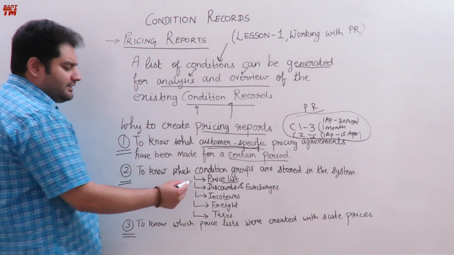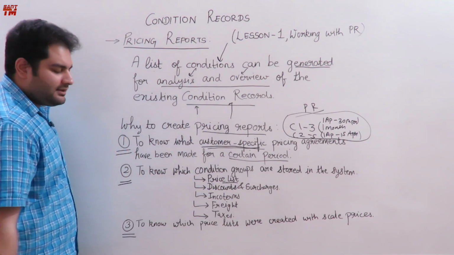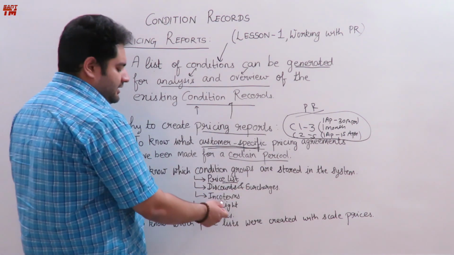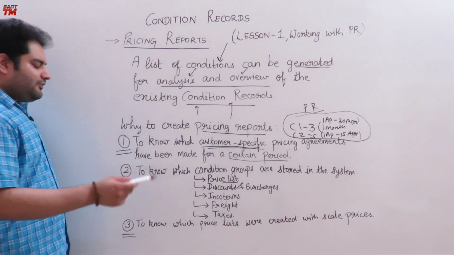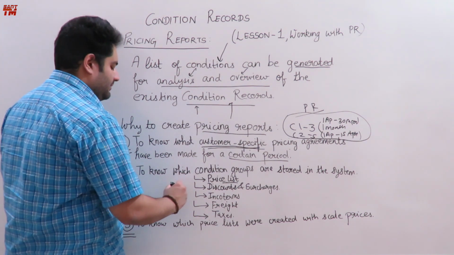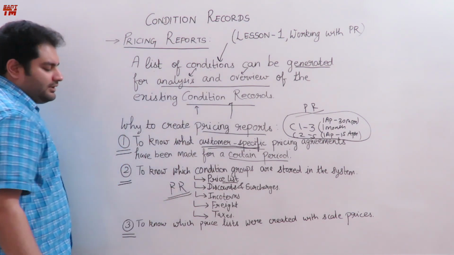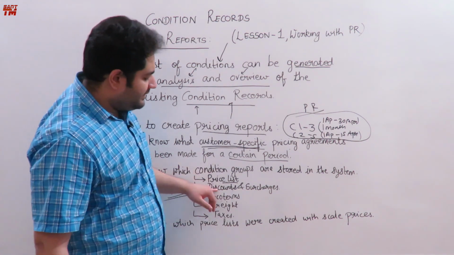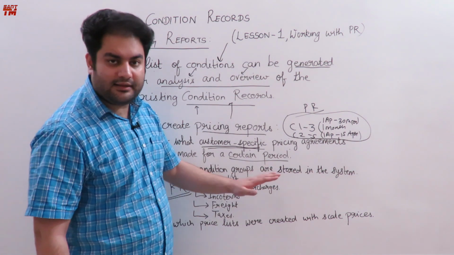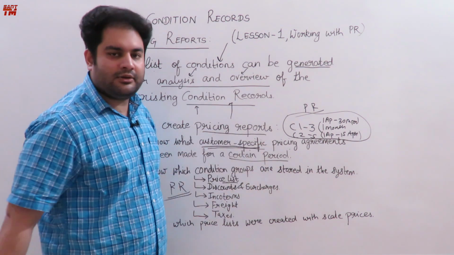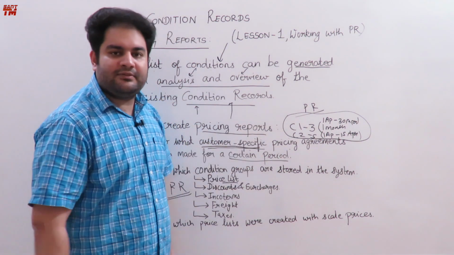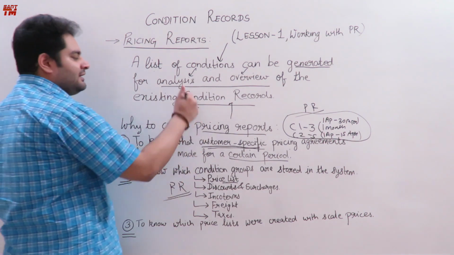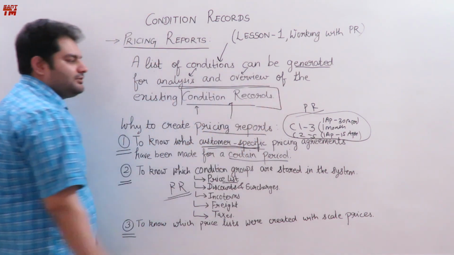So we have to determine how the price lists are stored in the SAP system. We have to determine the discounts and surcharges. We have to determine the Incoterms. We have to determine the freight and the taxes. For all this also we will need pricing reports. So if you analyze it in a broader way, when you will get the price list, when you will get the discounts and surcharges, Incoterms, freight and taxes, those will be visible in the condition record only. This customer specific agreements will be visible in condition records only. That means these three major aspects of pricing reports are being analyzed on condition records only.